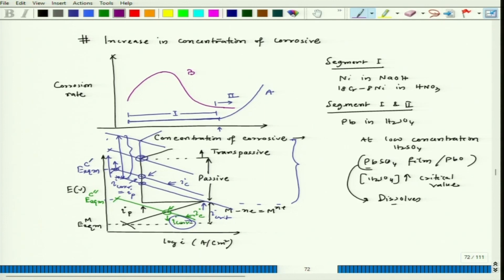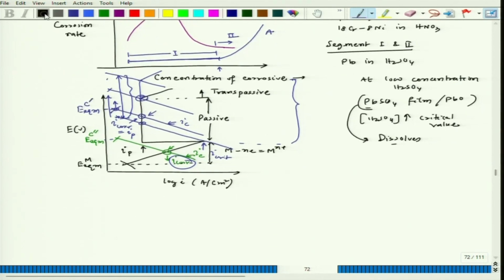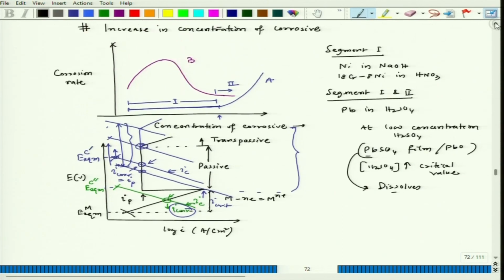But pattern B is followed in other cases, for example, let us say, pattern B. So as we increase the concentration of the corrosive, we have an increase in corrosion rate, and then gradually